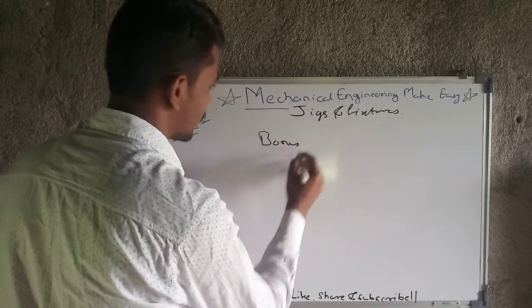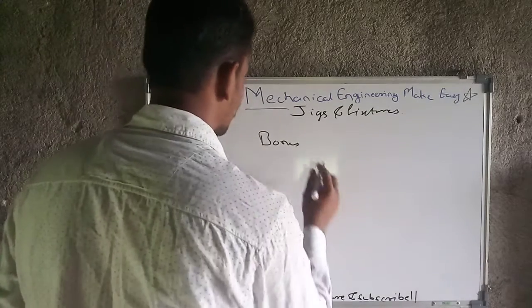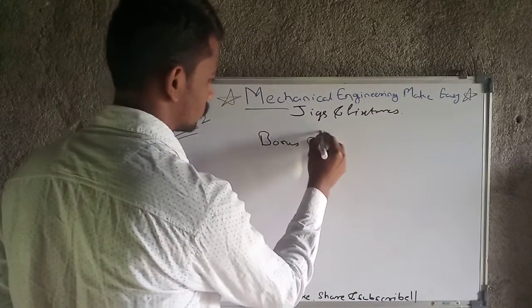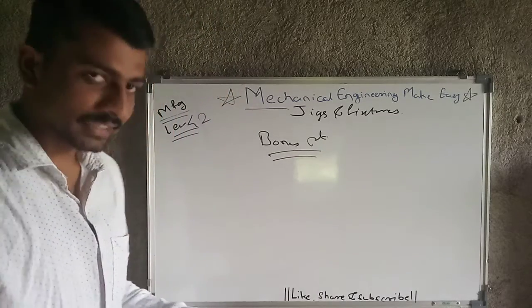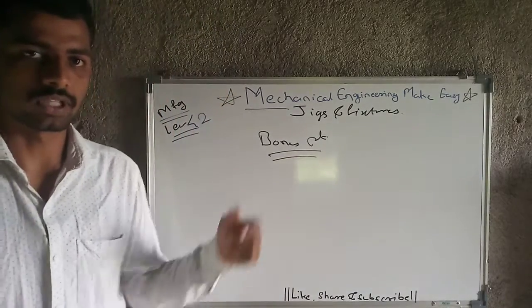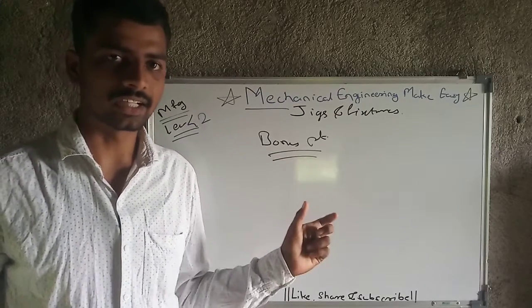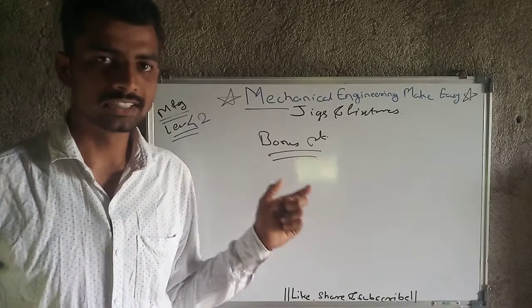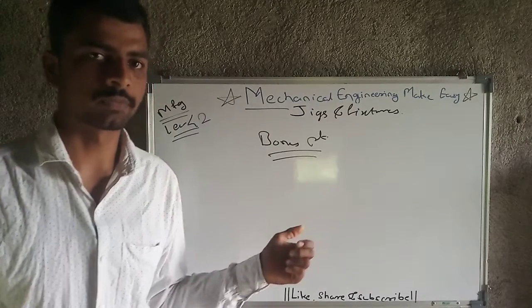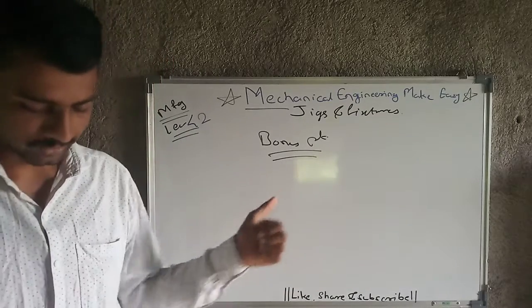We are at the end of the jigs and fixtures topic, and in the next lecture we will start with another topic. Bonus points for today's lecture: there is also indexing, like the indexing of milling wheels. In milling there is the term indexing, and in jigs and fixtures also we need to do indexing. This is only a bonus point for your information. We don't need to go into detail of indexing of jigs and fixtures.